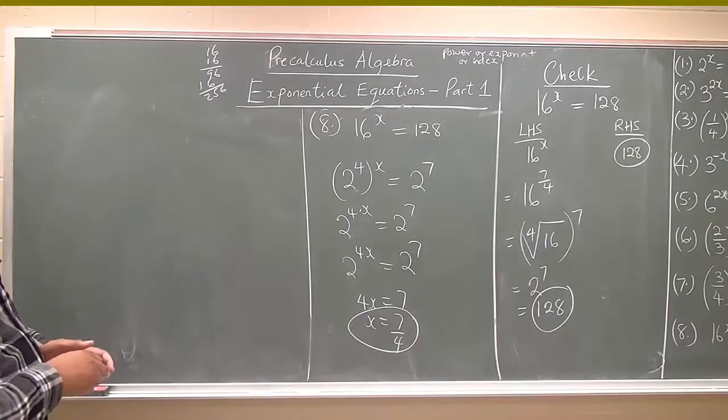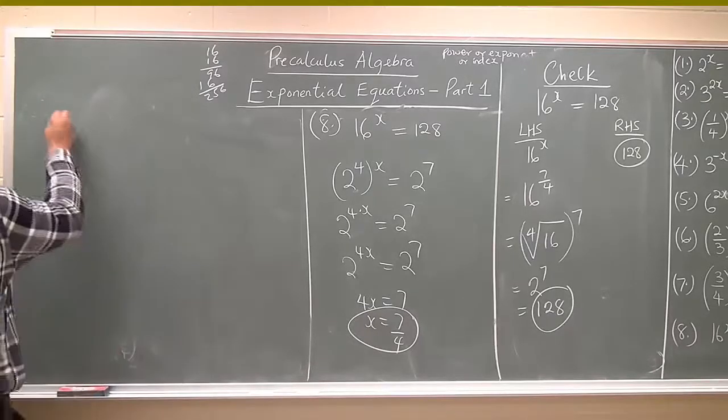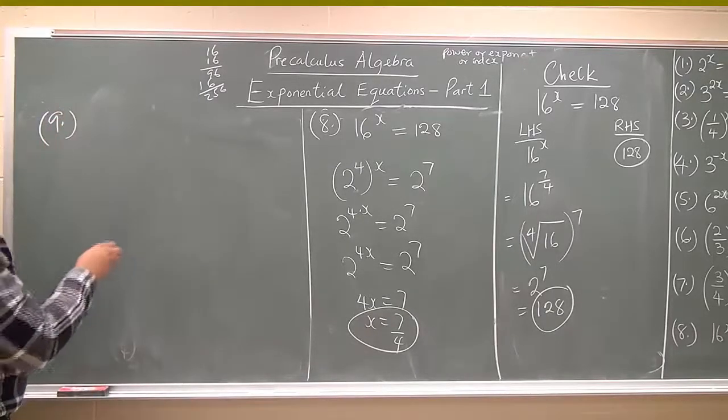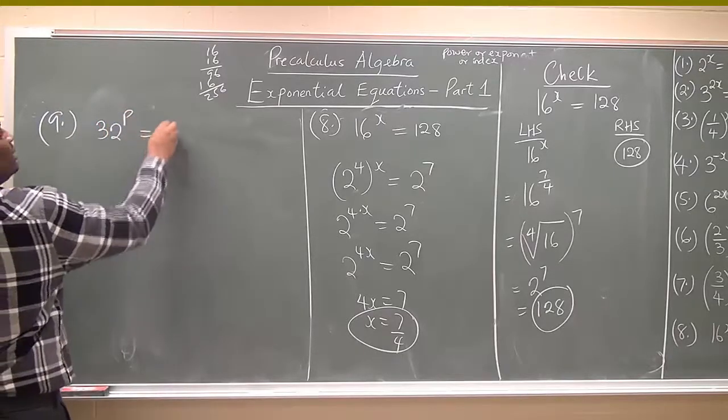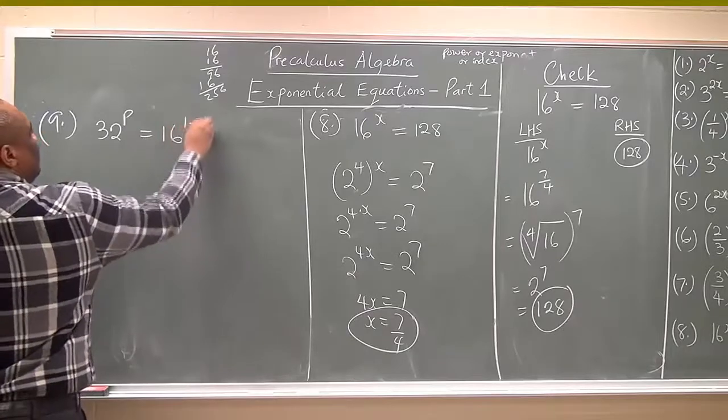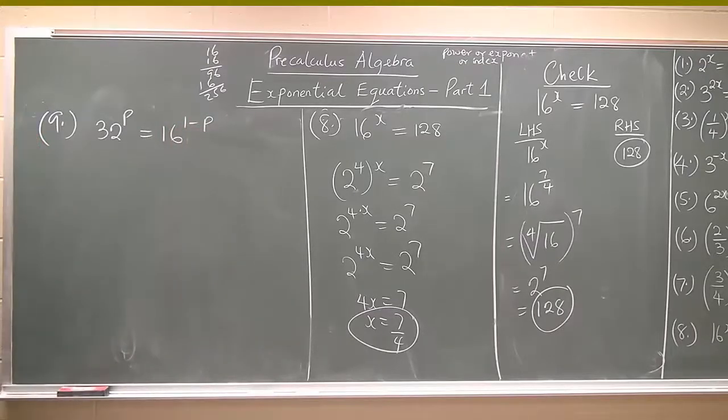Question 9, right? 32 exponent p is equal to 16 exponent 1 minus p. Yeah, this is also the same case, right? Because 16 we cannot express it. Now,